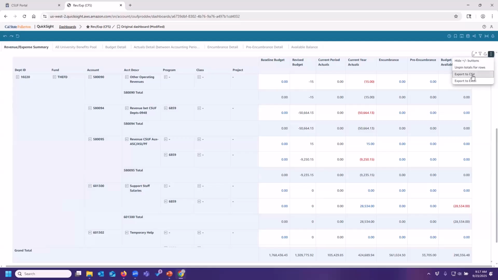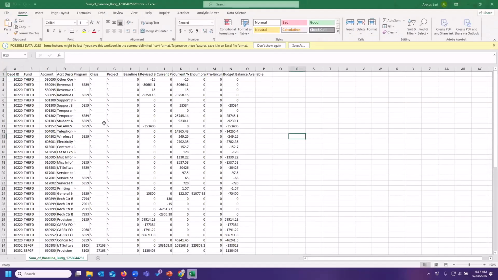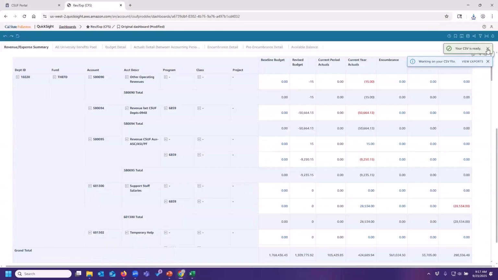Also under menu options, you'll see the options to export to CSV and to Excel. So we'll look at the CSV first. This is pretty much the same as it was in OBI-EE. You get something with no frills. There's no formatting. There's no styling to it, but it's a lot easier to start with this and create sorts and filters and all kinds of other information. Whereas if you do export to Excel, it's going to export it exactly as you see it on the screen.